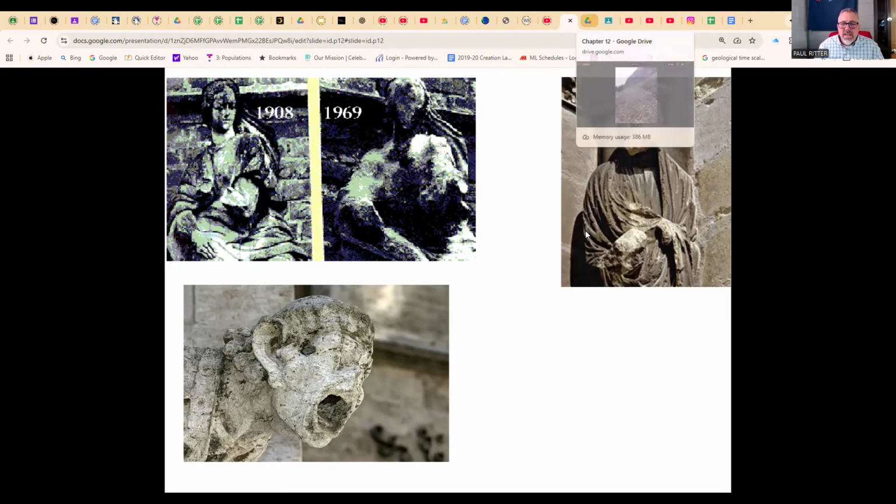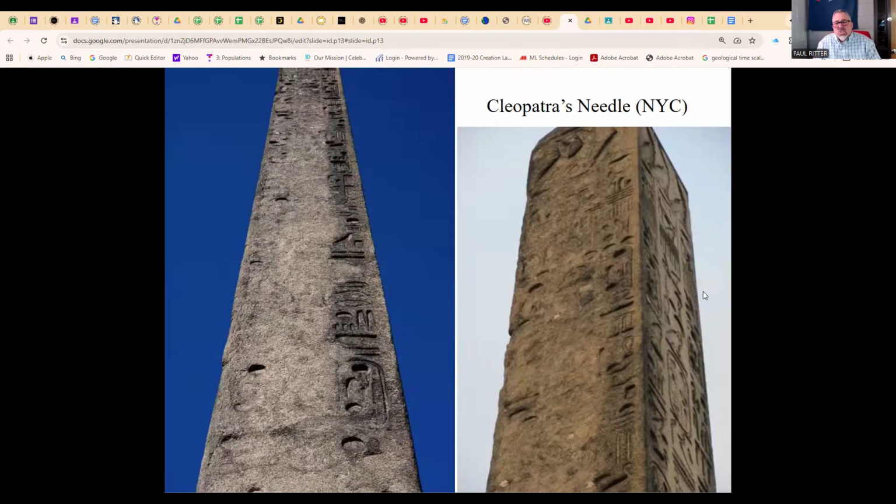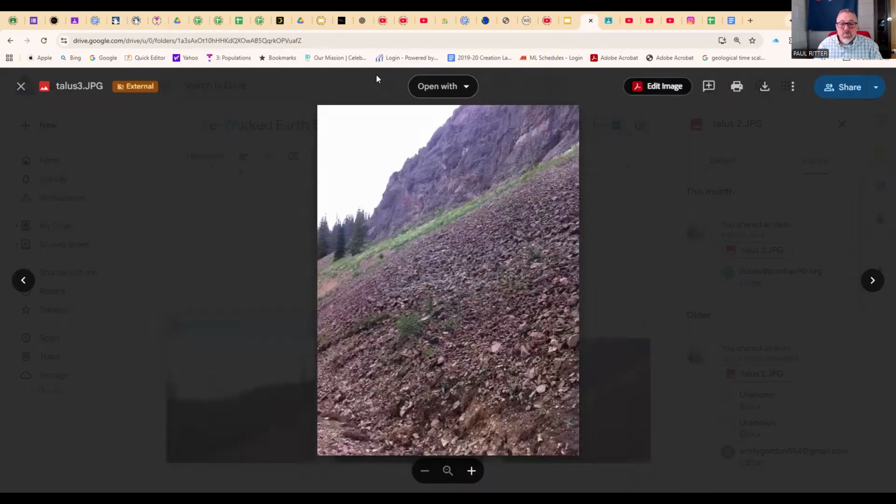This is called Cleopatra's Needle. Here's the question. This is an obelisk from 3,000 years before BC, so it's been around for about 5,000 years. It's in New York City. Egypt gave it to New York City in the 1800s and said, you are our sister, New York City, to tie everything together. When they brought it there, it was recognizable and readable.